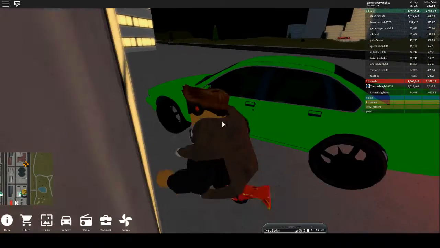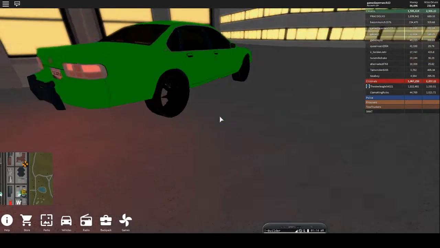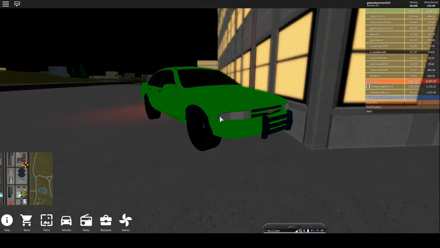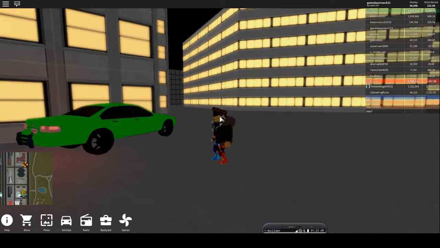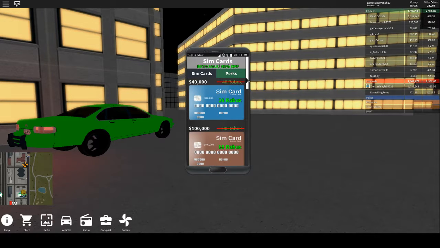You can do anything you want. You can customize, put on new wheels. You can see I put these rims on. They're like spikes, as you can see. And I've completely tinted out the windows. But yeah, the car is slow. As you drive, your money goes up, so that's pretty good. You can also go to the store and spend your Robux on money,